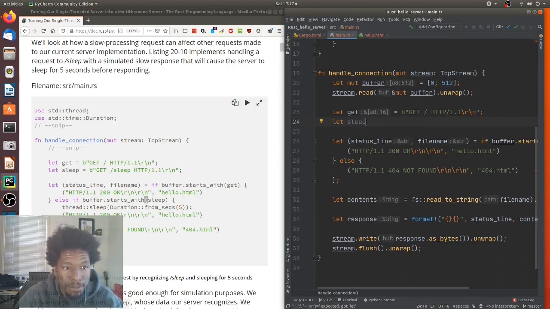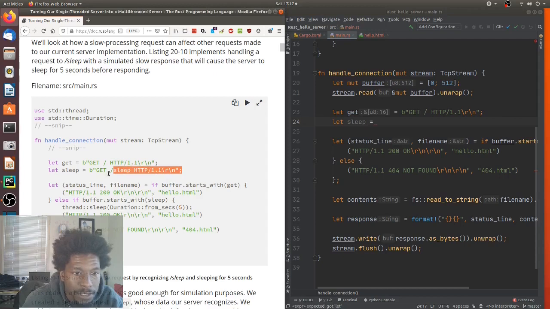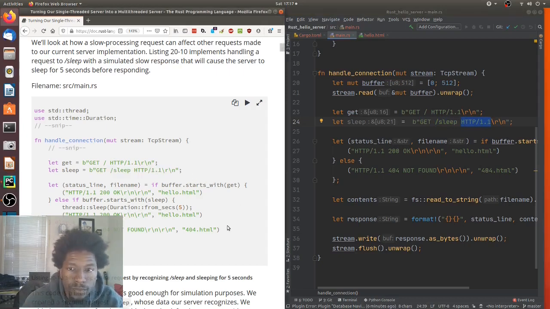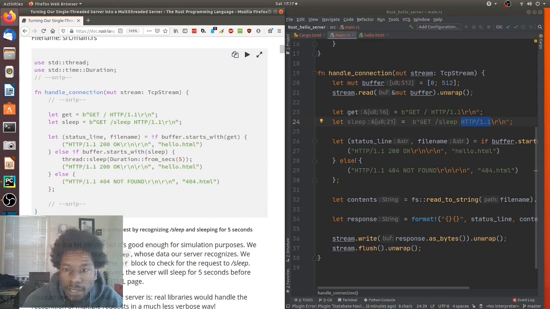So let sleep equal, and I'll just copy and paste this part, which is just get endpoint /sleep, and then the HTTP protocol. And then down here,